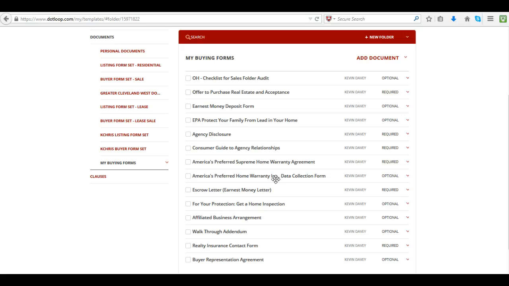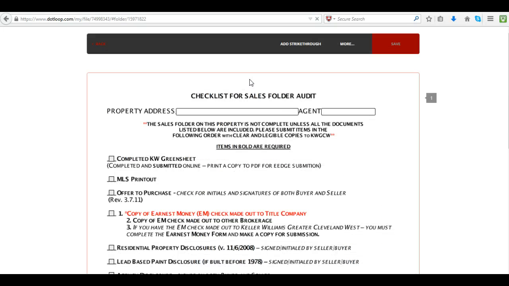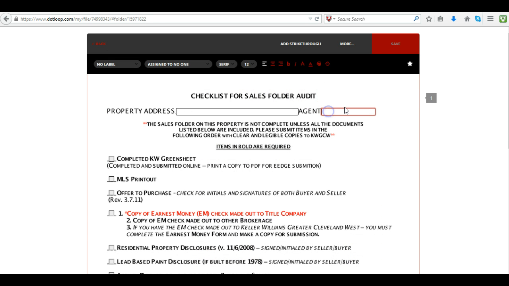And now what I want to do is start going in to edit each of these documents with any boilerplate information or things that we're going to see consistent on every single contract. So if we start with the checklist for the sales folder audit and we click on it, it'll take us into the document, and my name is never going to change, so I'm just going to go ahead and put